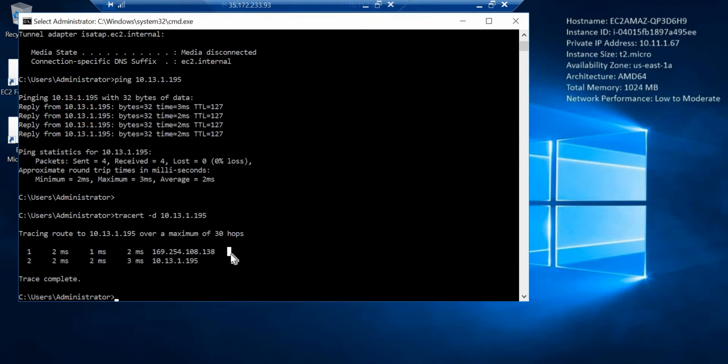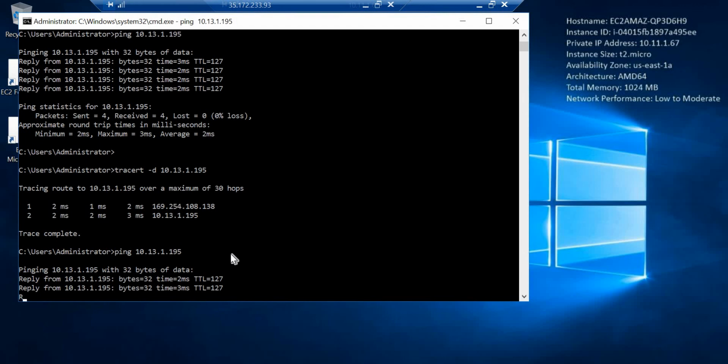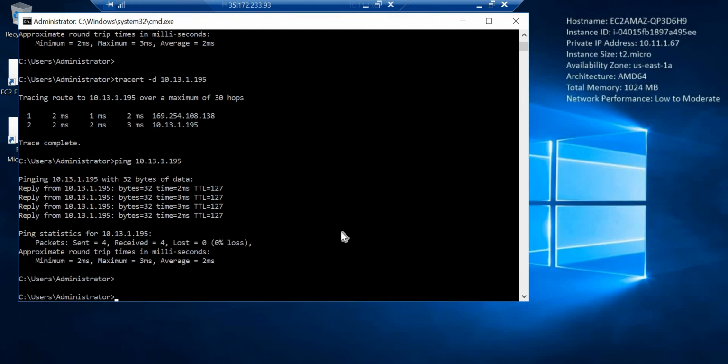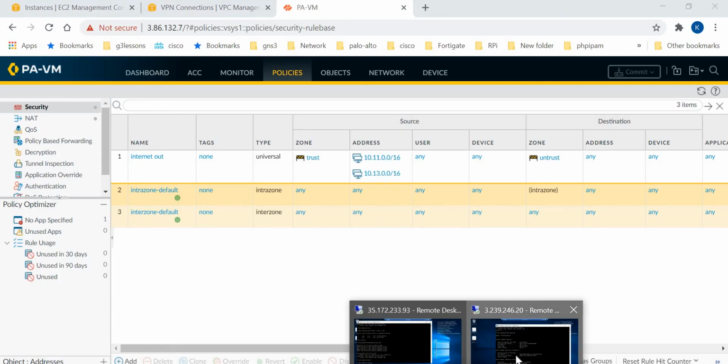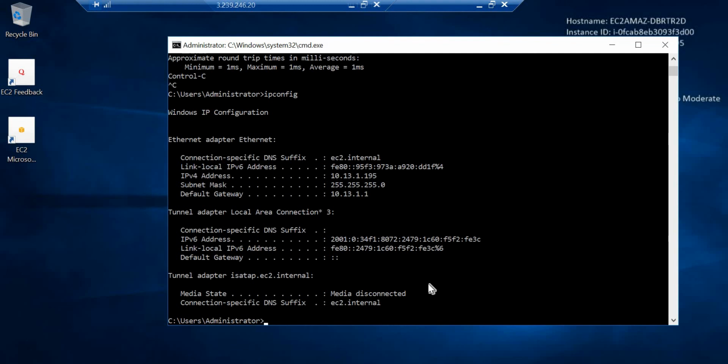So you can see here I'm able to reach the subscriber VPC 2 instance. Okay, same way if I go here and I try to reach subscriber VPC 1, ping 10.11.